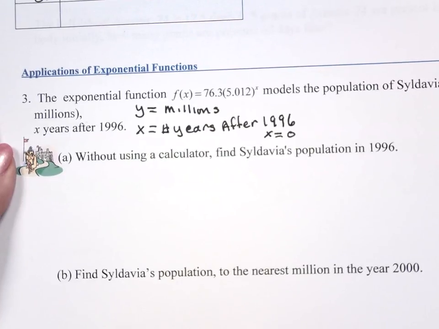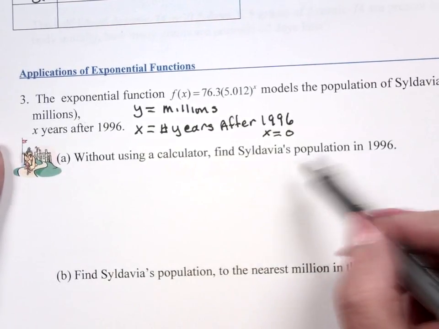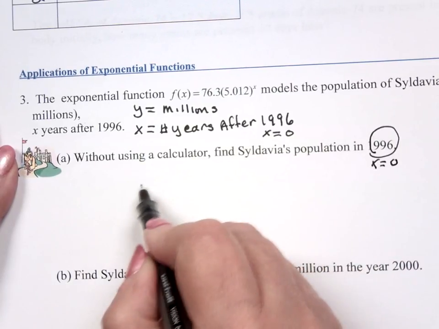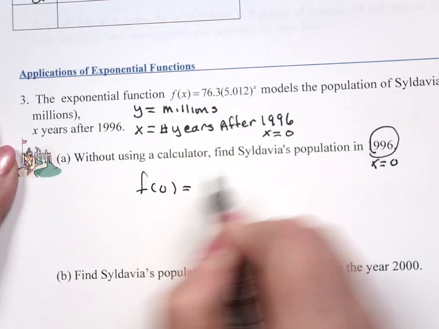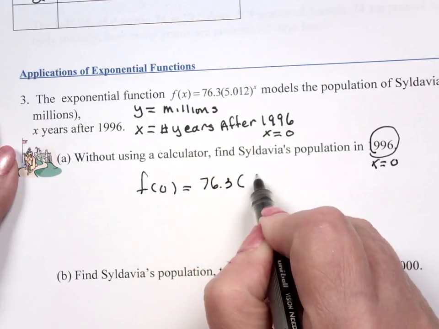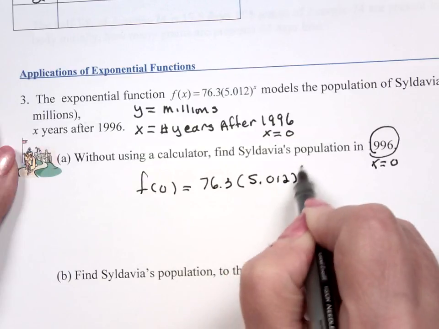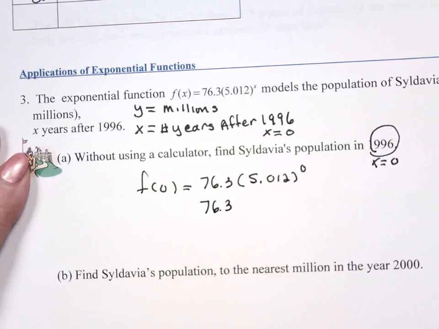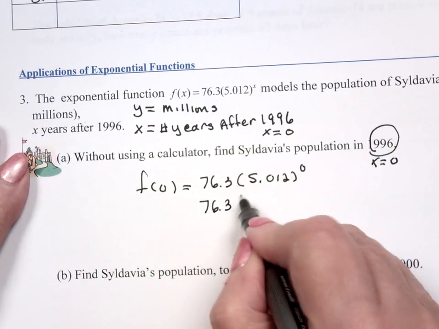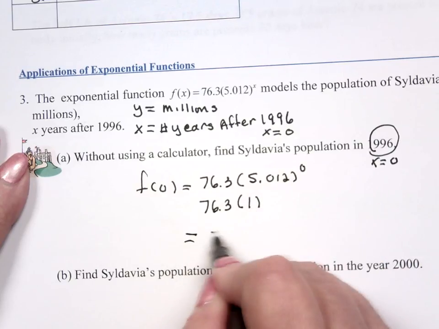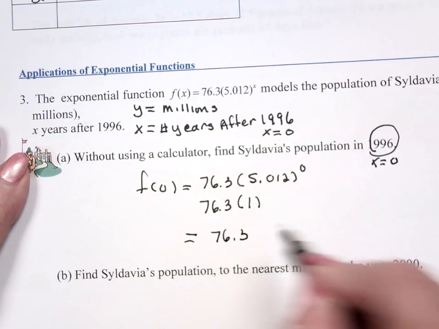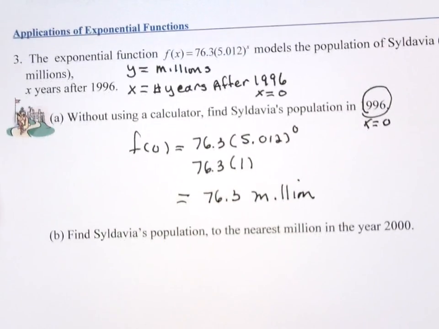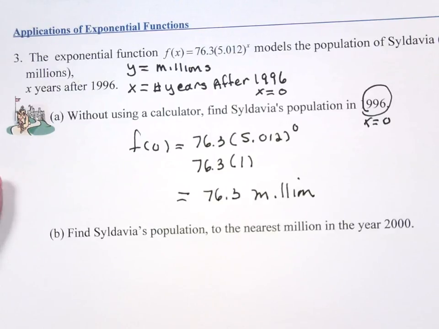And it says, without using a calculator, find the population in 1996. That's x equals 0. That's easy enough. So I want f of 0 is 76.3 times 5.012 to the 0. That's what I mean without a calculator. 76.3. What's 5.012 to the 0? 1. Is 76.3 what? Million. To the nearest million,